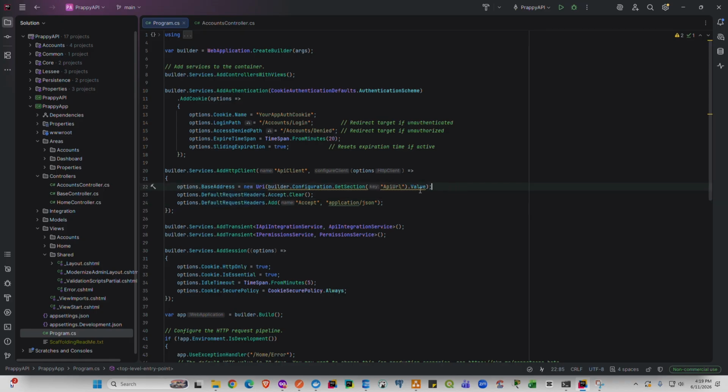Basically we're configuring the services needed for the communication to the backend, and then setting up the session, this one here,